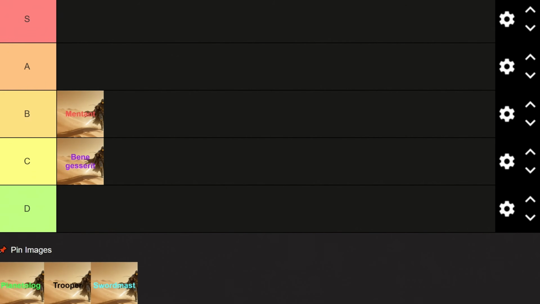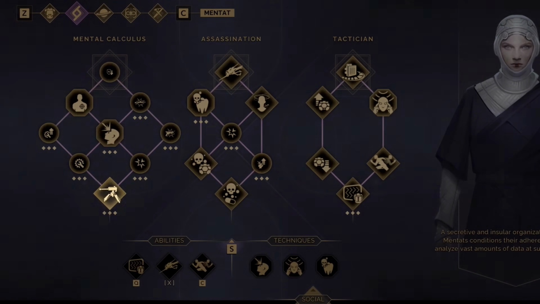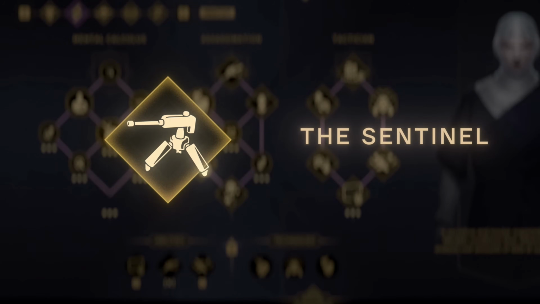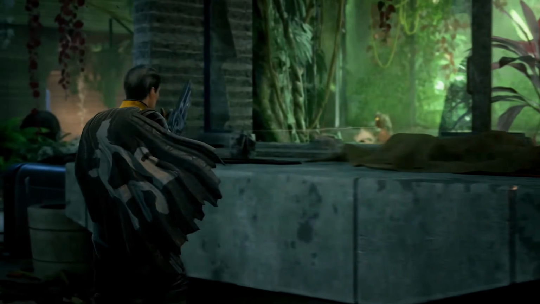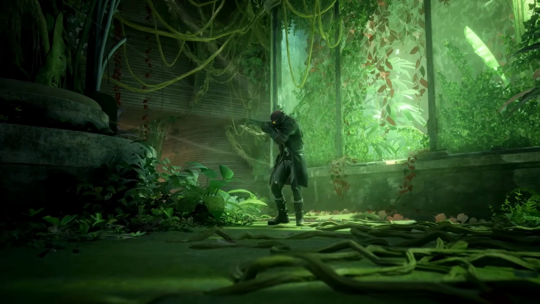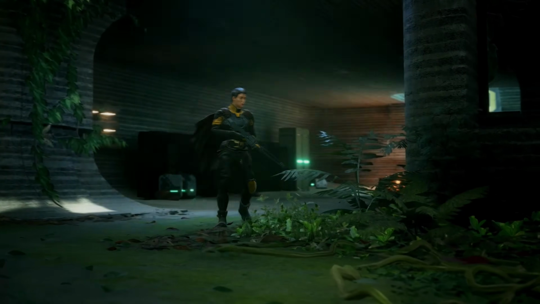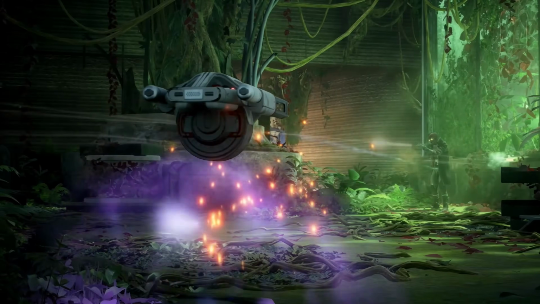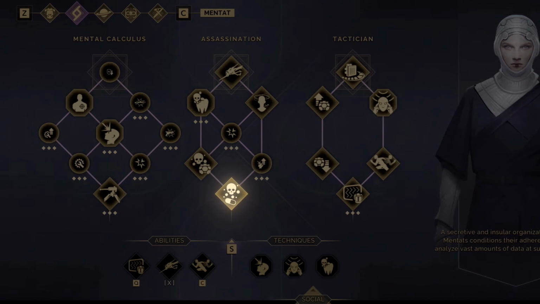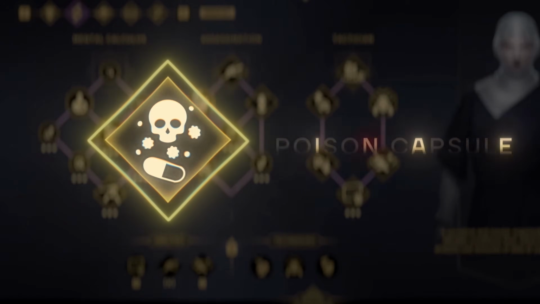Next up we have the Mentat, who is in the B tier. These are human supercomputers that are brilliant analysts, capable of processing data faster than any machine. In Dune Awakening, they act as battlefield tacticians, information specialists, and strategic support units. If you're the type of player who enjoys planning, positioning, and always being 10 steps ahead, then this is the class for you. The Mentat's starting ability is Mark Weakness, which allows them to analyze an enemy and reveal